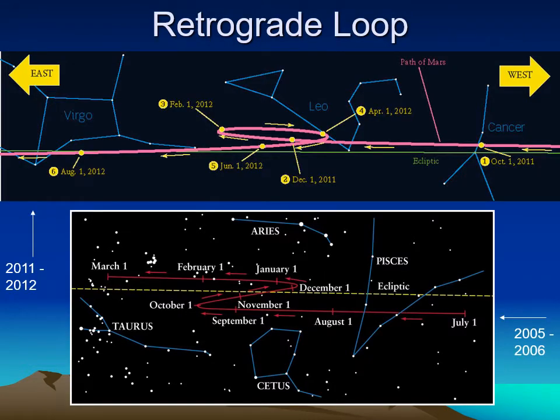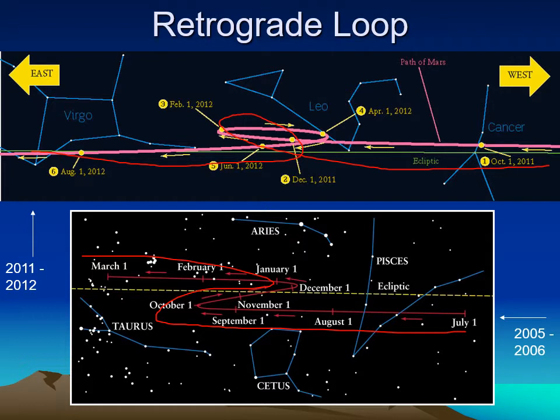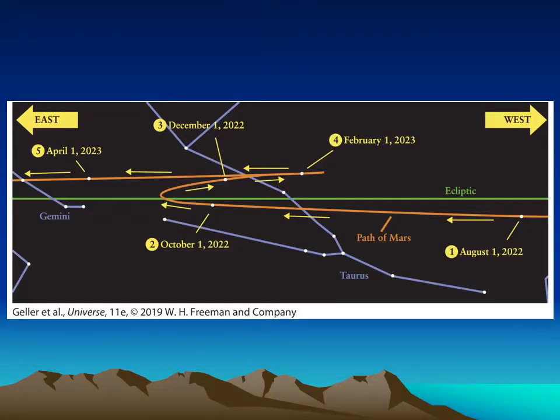Okay. And so sometimes it goes across the sky and stops, comes back, it goes forward, makes kind of a loop in the sky like it did back in 2005, when it went back and forth, and then 2011 and 12 here it's doing this. It's making the little loop-de-loop. Okay, so this is for the planet Mars, and so this is what's coming up here in 2022, 2023. It's making a zigzag thing again. Okay, so this retrograde motion.